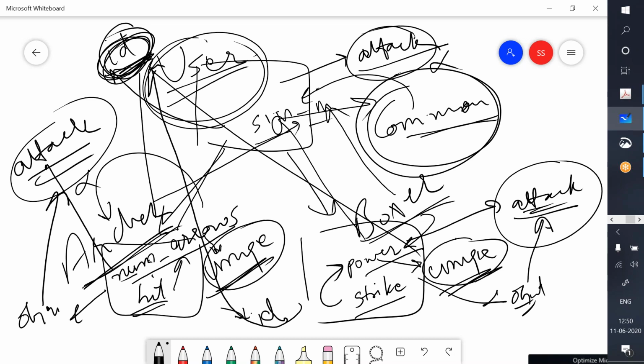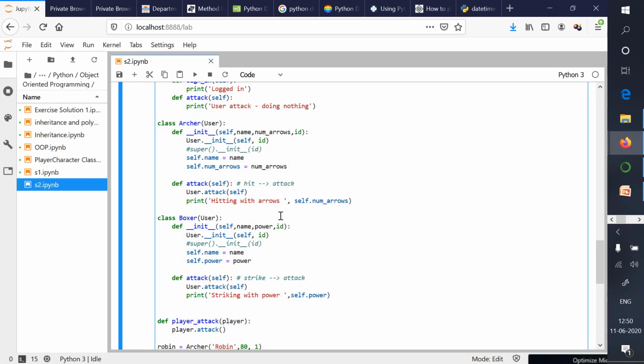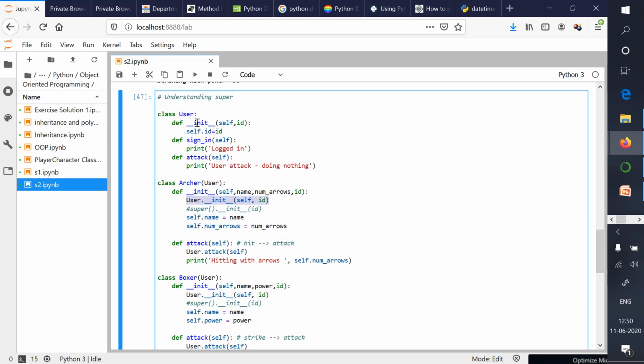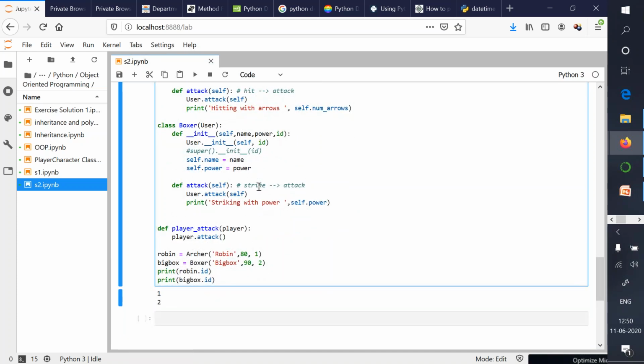So somehow it needs to flow to that level through the derived class, and that is addressed the way I described: you create a new ID variable in the derived classes, and when you are writing the definition of the init function in those derived classes, from within the init function of those classes you make a call to the init method of the superclass. I hope this concept is clear to you.